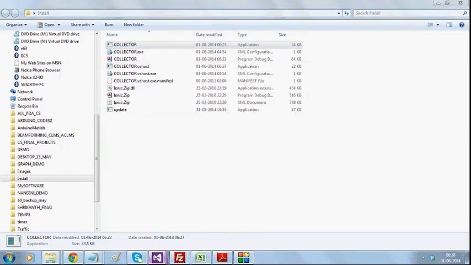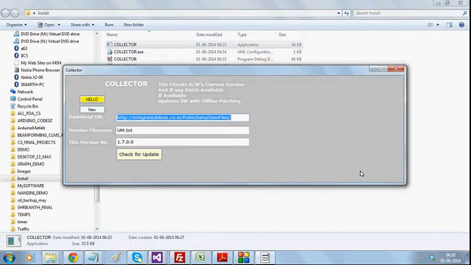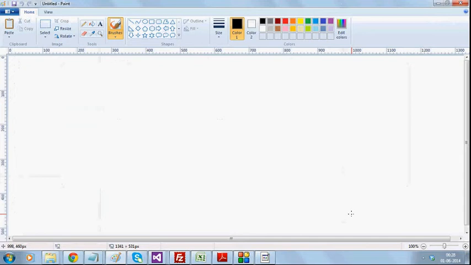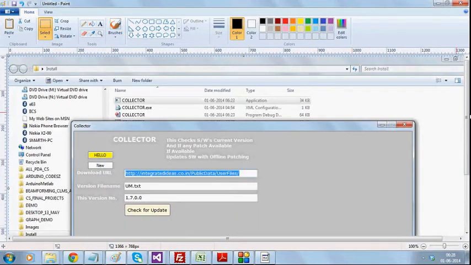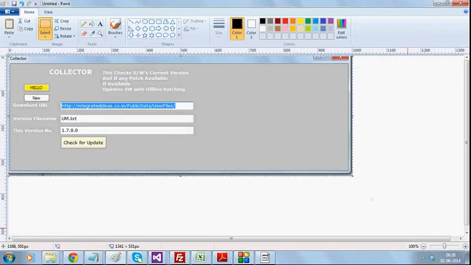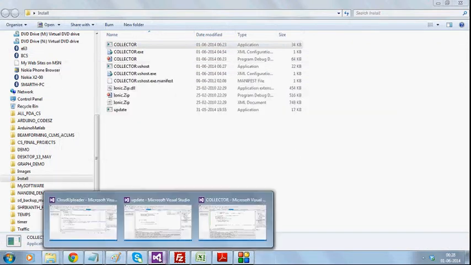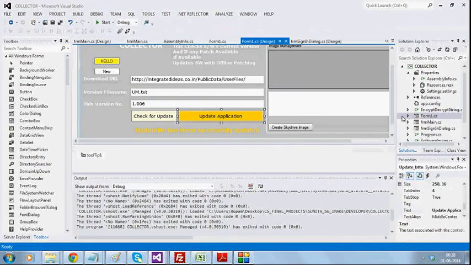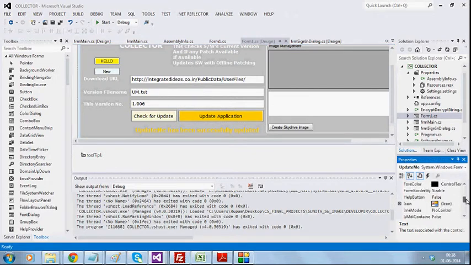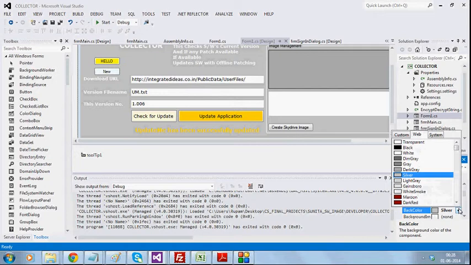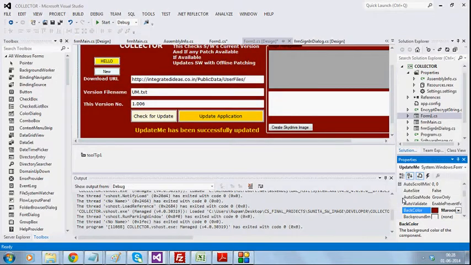Now let us assume that in the meantime, you just observe this one. The software has this sort of color component. Now I am going to update this software. So let us assume that the developer in the meantime is going to update this software. While the user is using it, the developer comes back. Say for instance, I'd be willing to change the color of this one. Say for instance, I make it something like this.